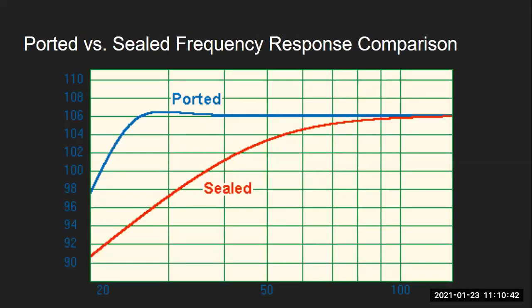So here's an example of if you had a speaker driver and you tried it in both the ported and sealed configuration. I'm assuming most of you should be familiar with frequency response curves, so I'm just going to assume that. But you can see how in a sealed configuration you have a much more gradual roll-off, but it starts way further up in the frequency response. Whereas with the ported design, this is the combined ported output. So this is summing the output of both the port and the speaker driver.